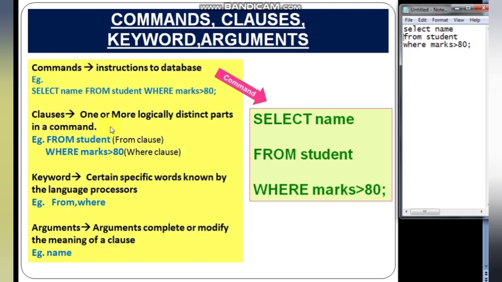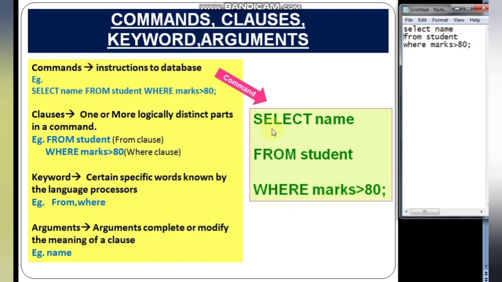Clauses. Now understand clauses from here. One or more logically distinct parts in a command. Now we can say that this particular line, select name, is the select clause. From student is another clause. This is the from clause. Where marks greater than 80 is the where clause.